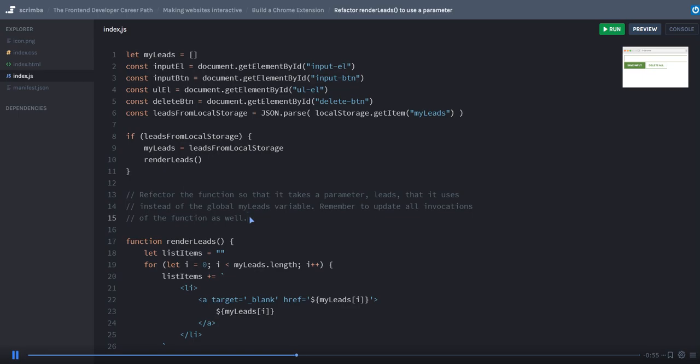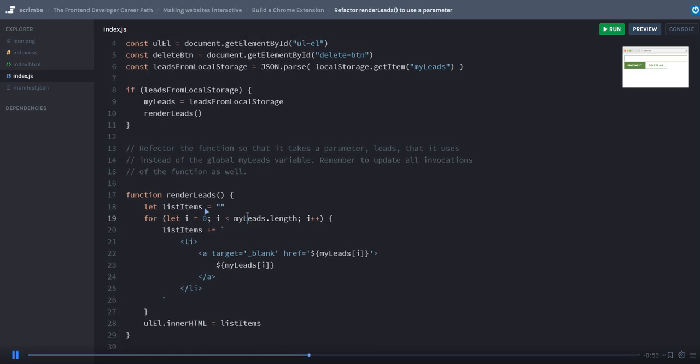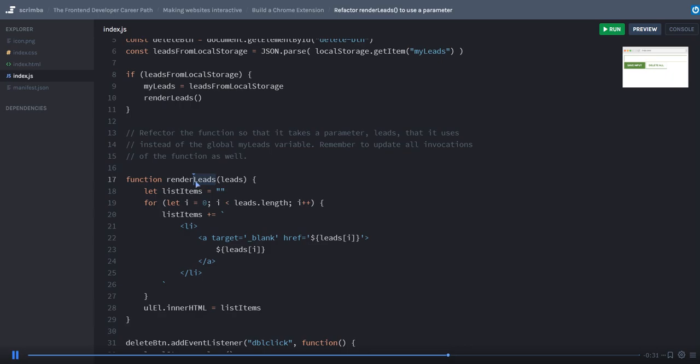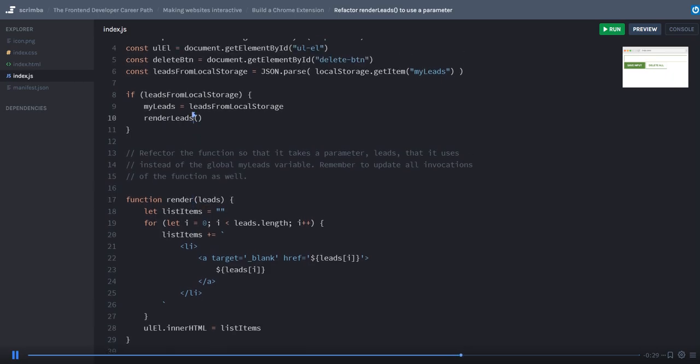Okay, hopefully this went well. Let's do this. So we are going to create this function so that it rather takes in a parameter here, which we're calling leads, instead of referring to the global myLeads variable. So then we simply need to replace myLeads with what we've called our parameter, like this in these 3 places. And that's it. I also want to remove leads from the name and then go up here, change the name,